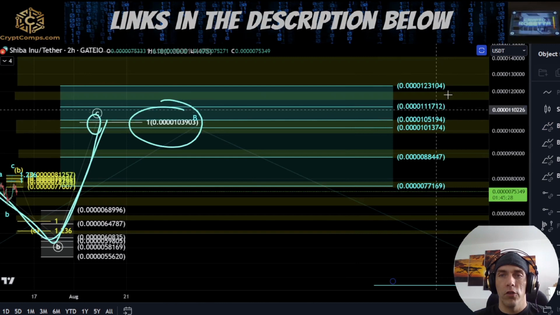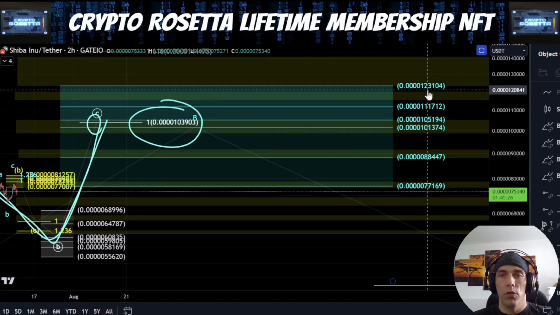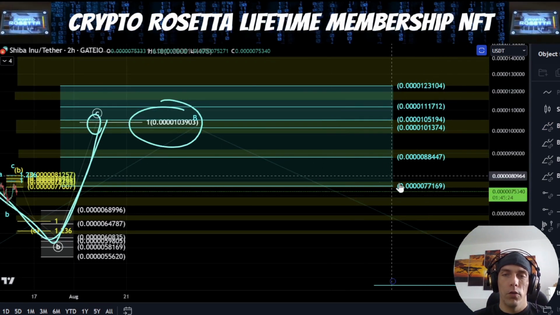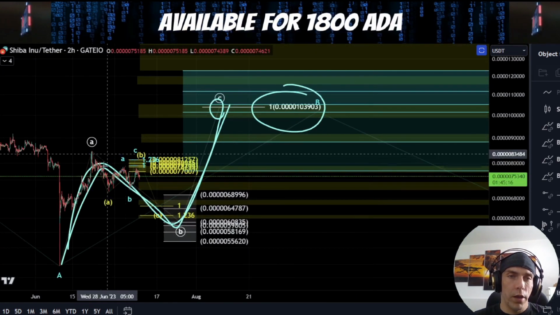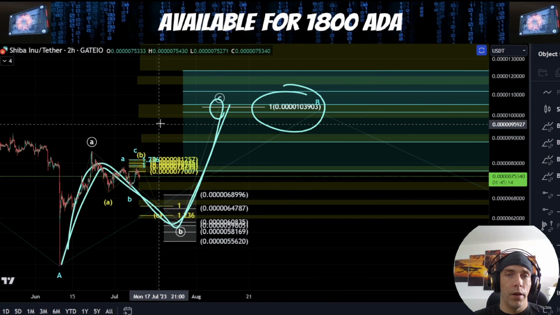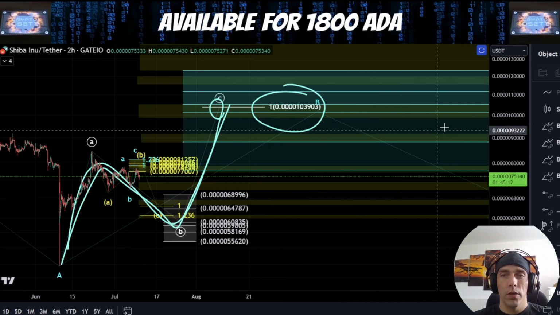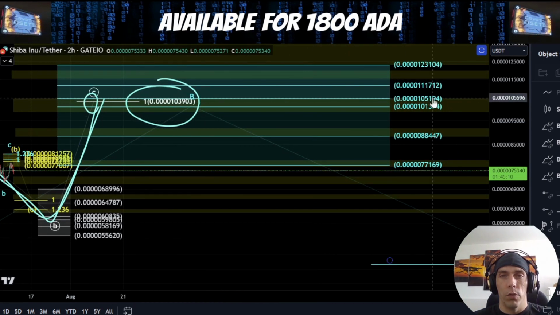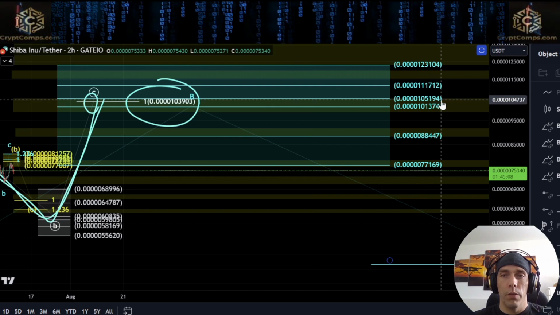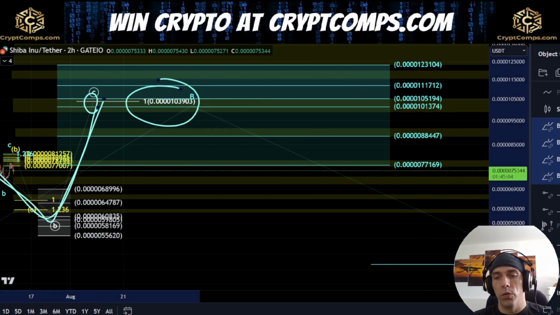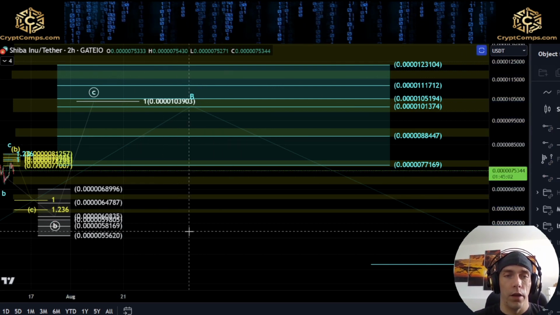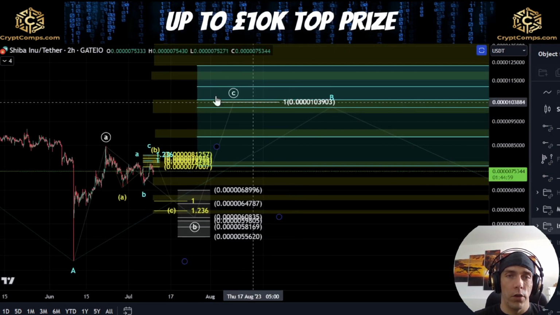Now our B wave rejection area would be this 123.104 to this area here of the 77169, which we've actually already come into. So going to be keeping an eye on some of these levels. This golden pocket actually aligns with this 1-to-1 up here at this 105.594 to this 101.374 as a possible target area. So going to be keeping an eye on that if we do see this move actually only develop to the